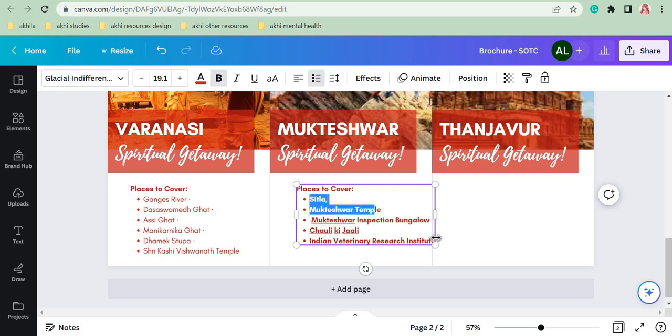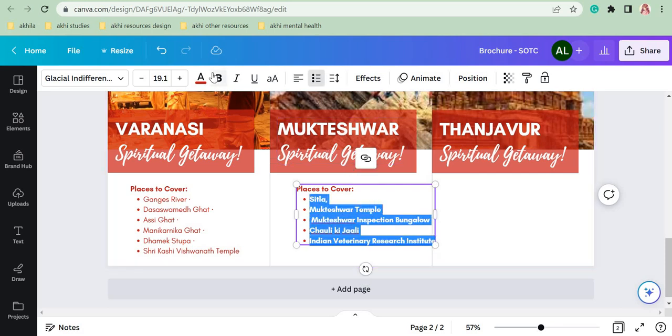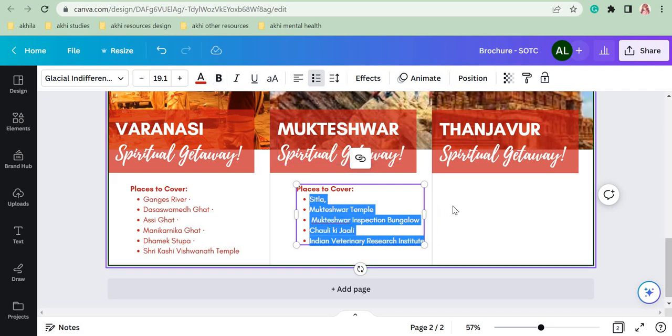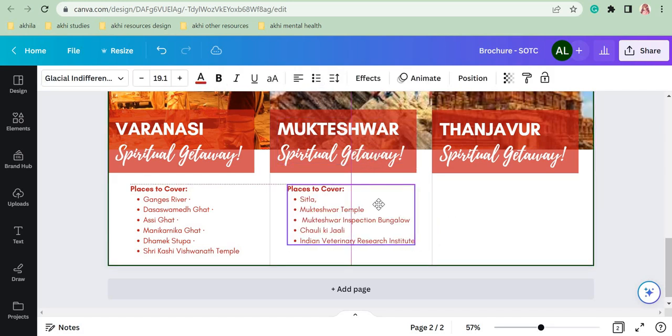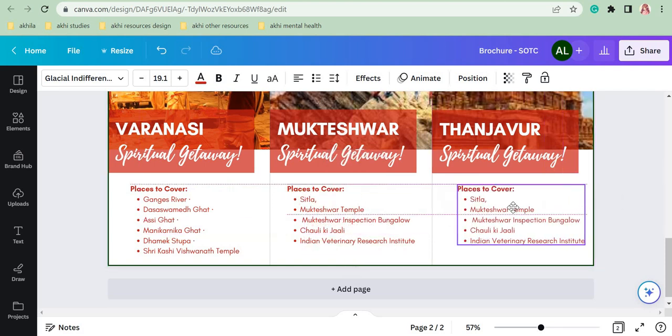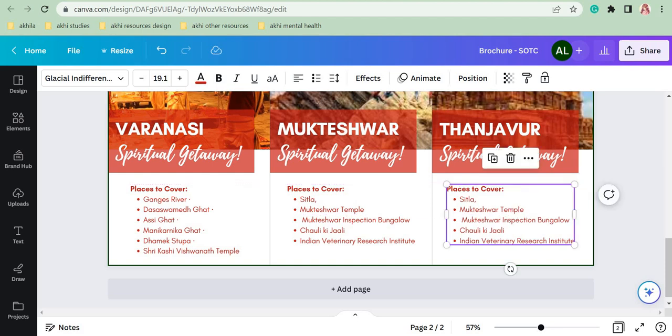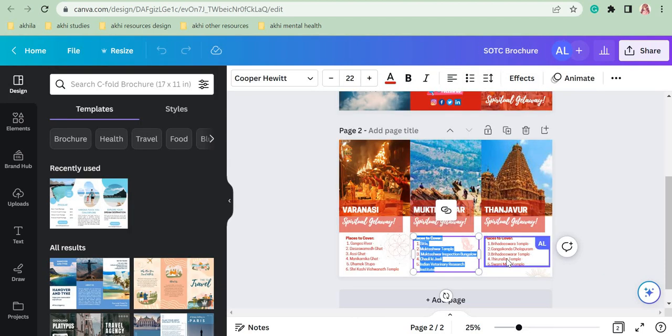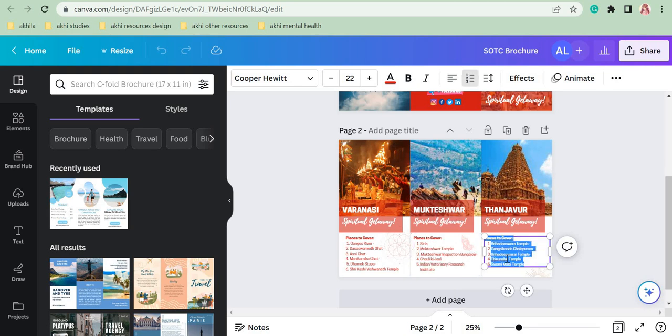Now all this is bold. I don't want it. So I'm selecting that and clicking on the bold option to switch off the bold. Now again I'm duplicating this for the last time. Here I'll be pasting the places for Thanjavur.